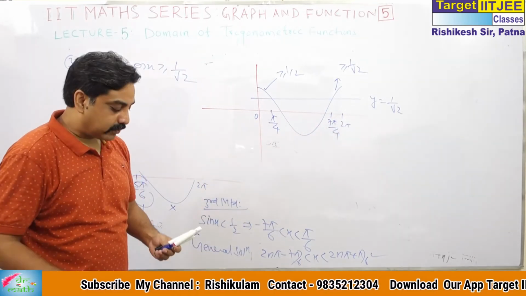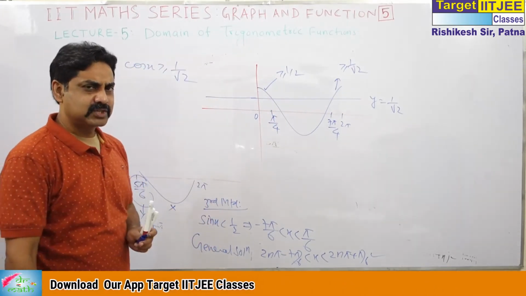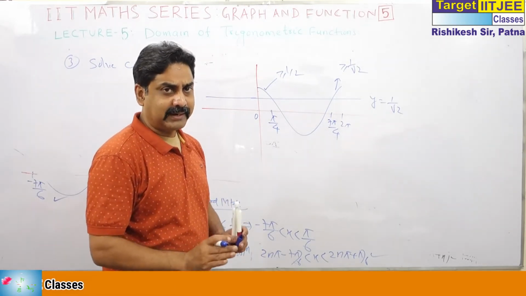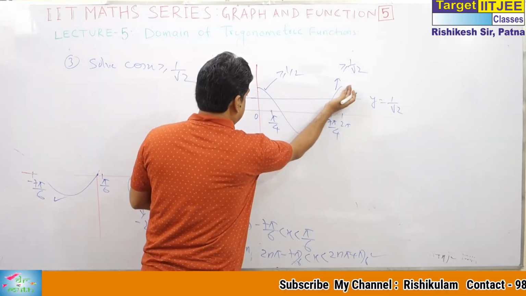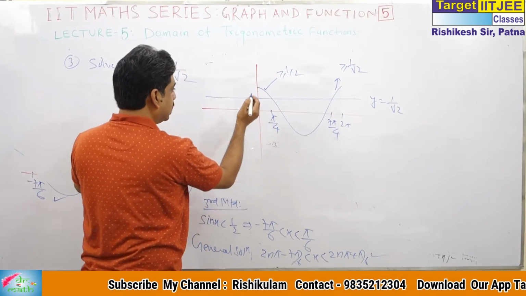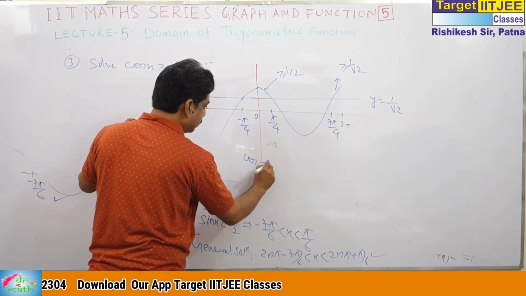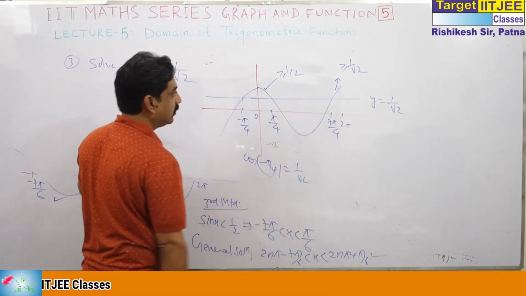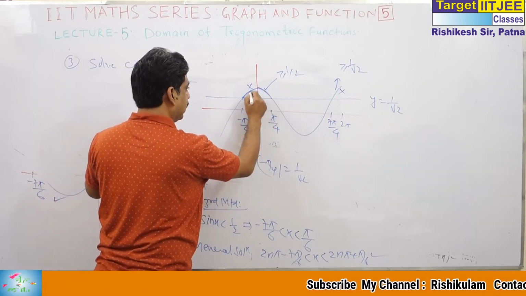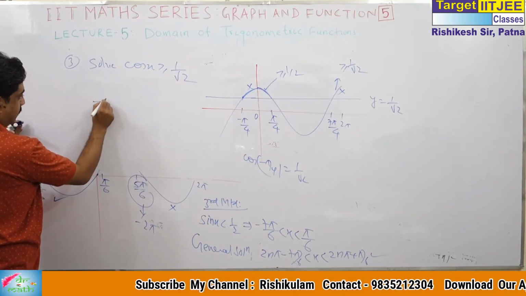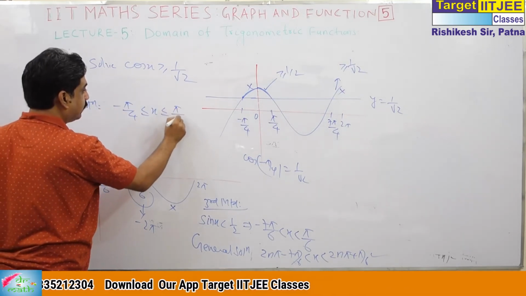Since it breaks into parts, what do we do? Actually, we always move to left. This is customary. Normally, authors or question setters write the answer in this way. If you break into parts, shift this to left. This is actually minus pi by 4 because cos of minus pi by 4 is also 1 by root 2. So I shift this portion to this. And what we get from the graph is minus pi by 4 less than or equal to x less than or equal to pi by 4.